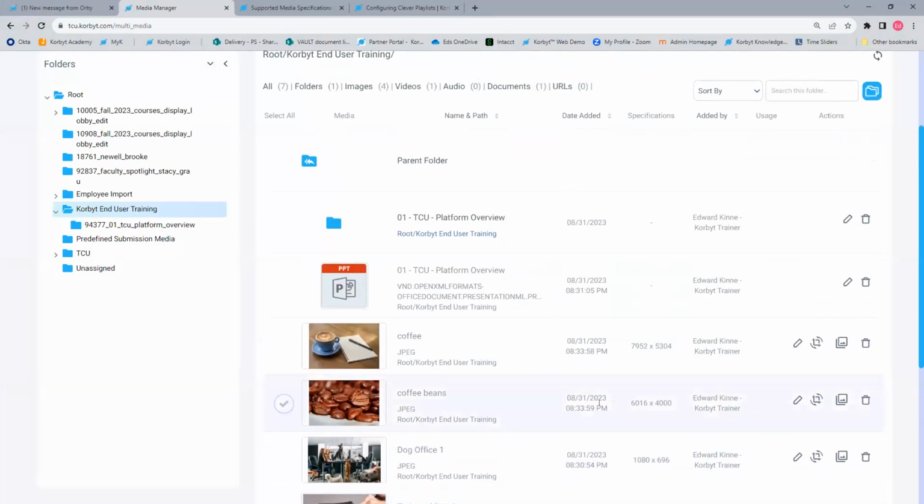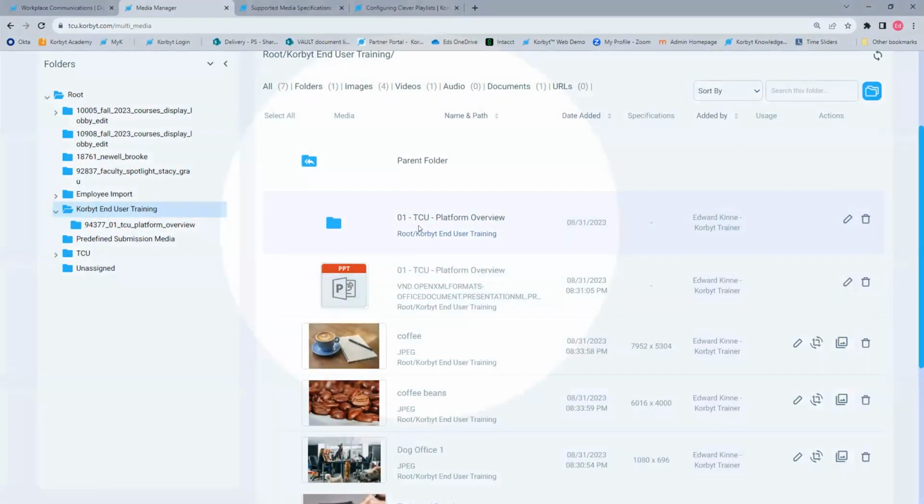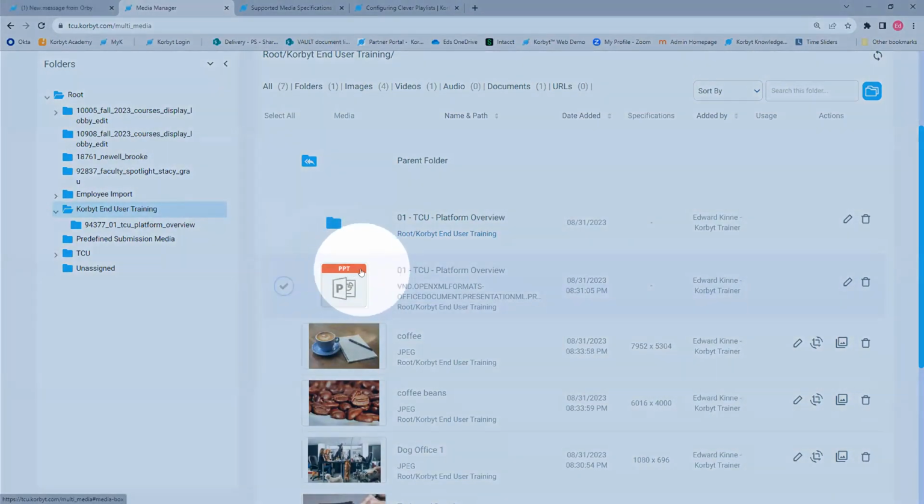Speaking of items and how they react in the system, you may have noticed there's a folder here that I didn't actually create manually in the system. This is how Korbyt treats PowerPoints and PDFs.